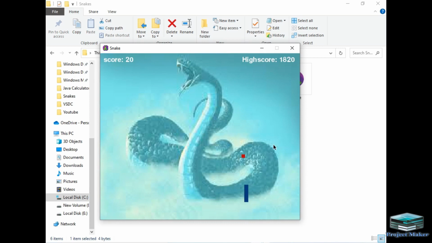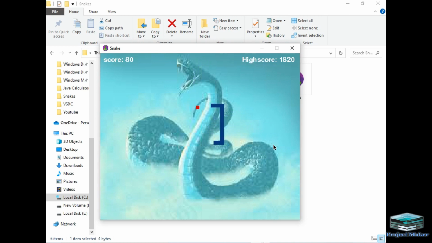I will once again click the continue button to continue the game, and the snake resumes its activity again. In this way I can eat the food of the snake, and the score is increasing, as you can see on the left side of the screen, and the food is also changing its location every time.